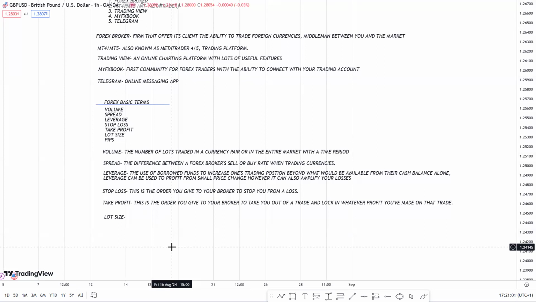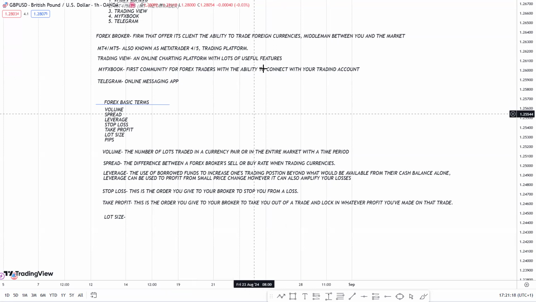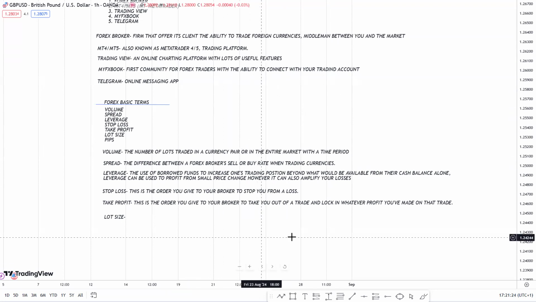No, like I said, stop loss is the order you give to your broker to stop you from a loss. Meaning it's also an order you give to your broker to take you out of that trading position, like it is taking you out of that trade entirely. Why we are using stop loss most of the time in the market is so that if we are wrong about the trade,